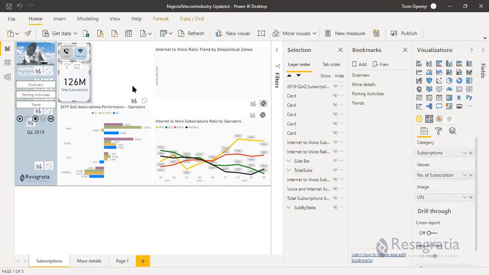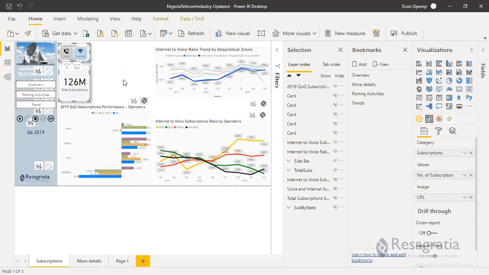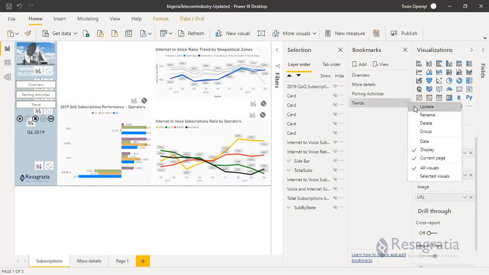Having done that, is it applicable here? Should not be applicable here too. Cool. So I can now come back to my card, and I don't want to see this total stuff. Then I'll come to the trend and update.